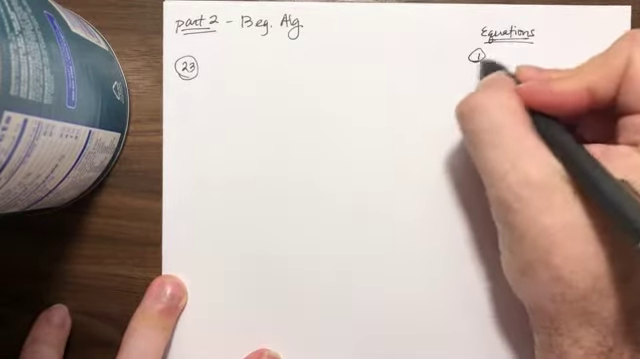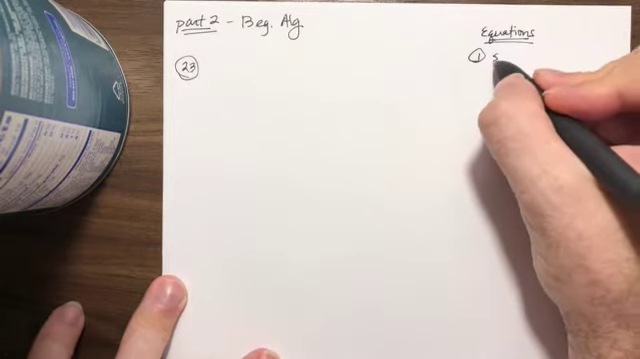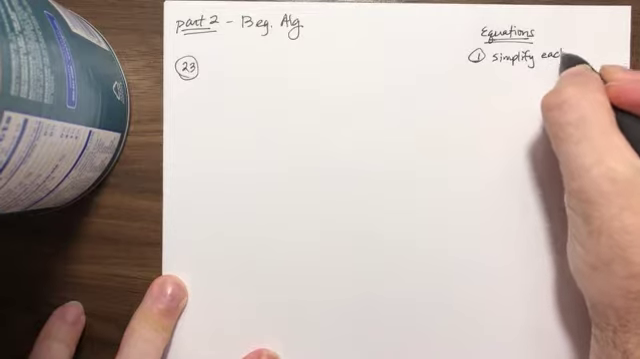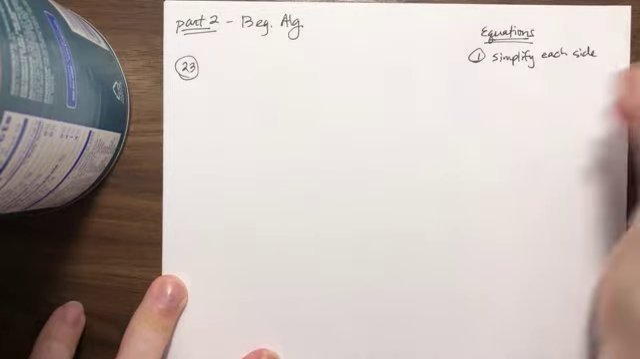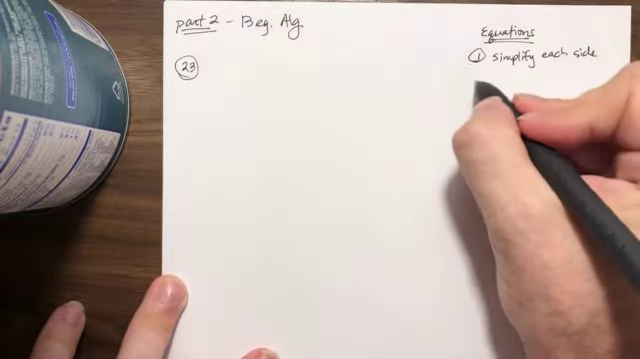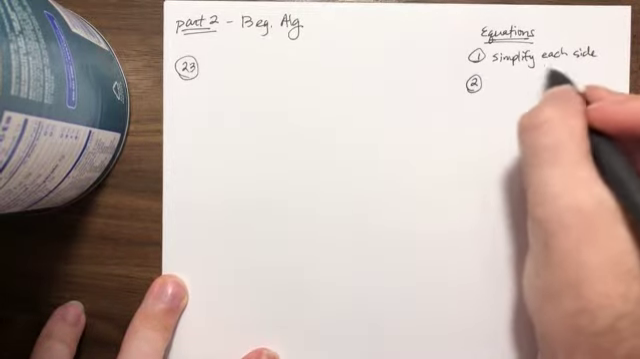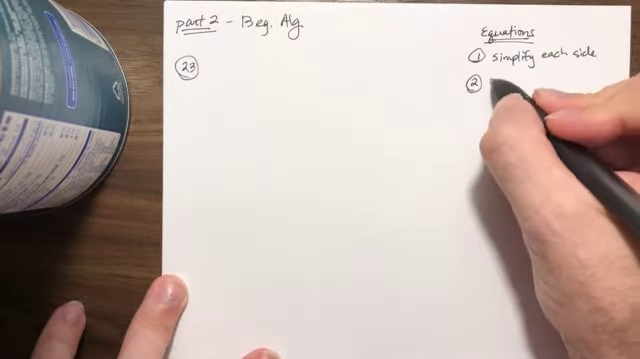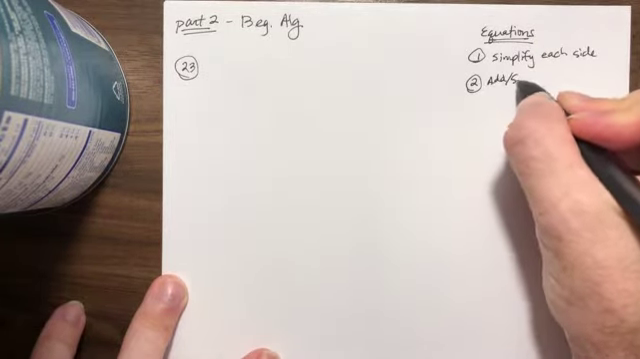So step one, you want to simplify each side separately. So that's the distribute and combine like terms thing that we did at the end of part one. You want to use the equal sign as a sort of a divider. Number two, you want to add or subtract, doing the opposite,